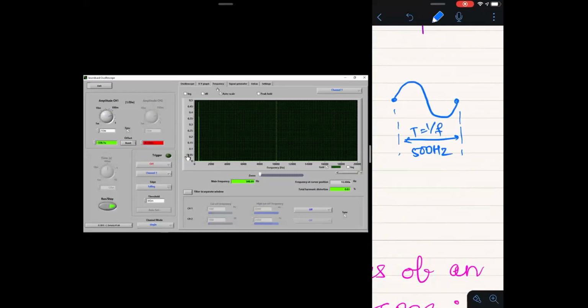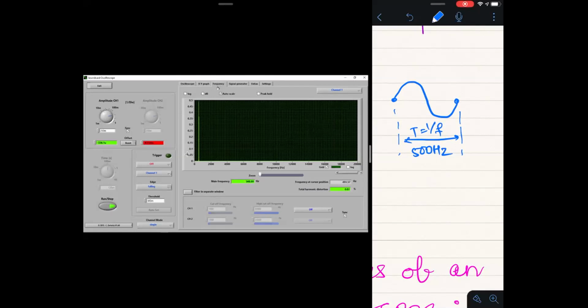If your waveform is a sine wave with a frequency of 500 hertz, then in the ideal condition, if everything is going right, in the frequency scale you will see only one frequency component, that is for 500 hertz.